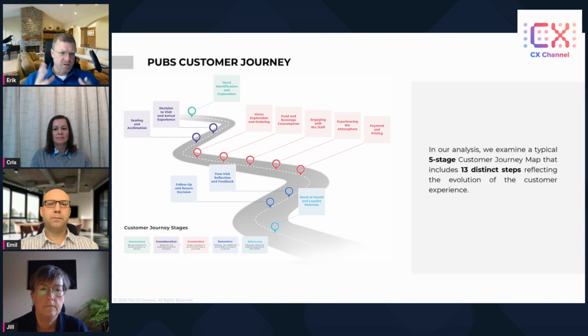If you don't know what a customer journey map is, it's basically the journey that a customer goes through when they establish a relationship with a business. And so it's their journey as a customer from the very start, where they think about purchasing whatever it is that company or brand offers. In this case, they think about going to a pub,